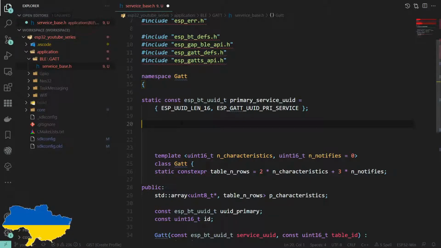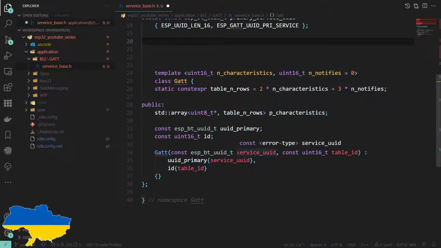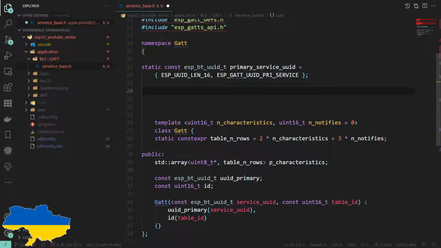I don't know if that is true for hash defines, whether they are subject to the ODR, the one definition rule. I don't think they are. It might not matter either. I'm not sure. Maybe someone knows and can put that in the comments below if you do know that.